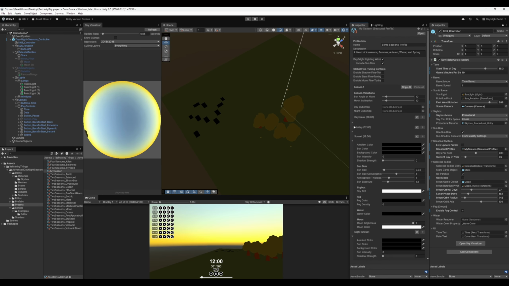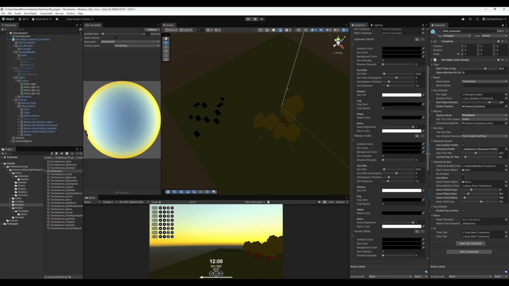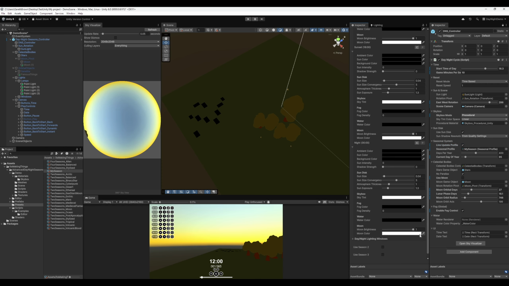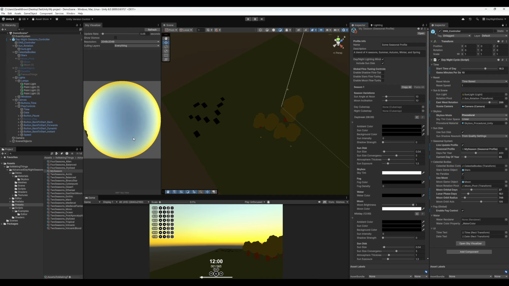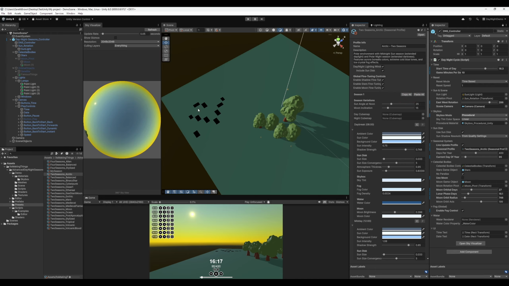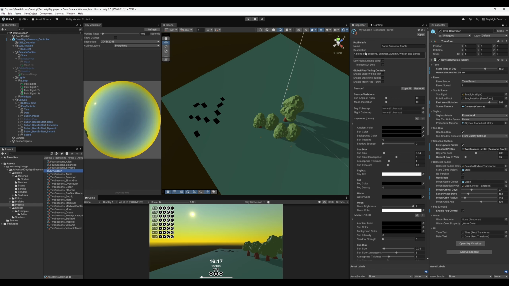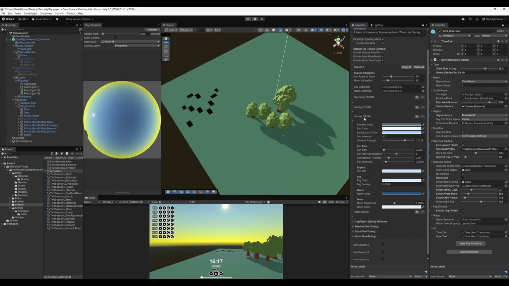Let's now enable the Live Update Profile checkbox. This will apply changes to the scene as we make them, which makes development quick and easy. Instead of starting from scratch, let's copy a season from another profile. Select the profile you want to mimic and click Copy All in the inspector. Navigate back to the new profile, lock the inspector, and click Paste All in Season 1. Now let's start creating a custom profile.